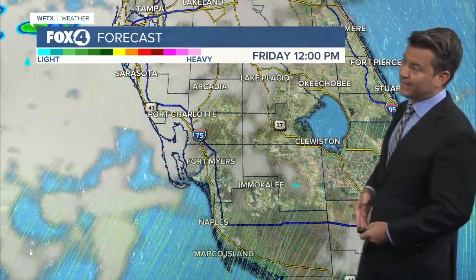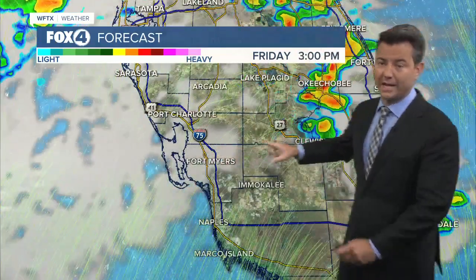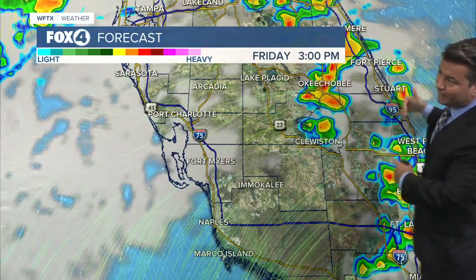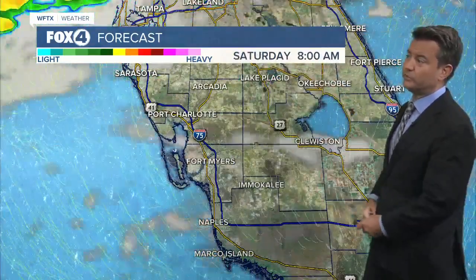Let's take you through each day and really walk you through the weekend forecast. I know a lot of us love to plan things here in beautiful Southwest Florida in late April. Today looks clear, a little more cloud cover though by lunchtime, and you can see those isolated showers and a few thunderstorms around the lake and really focused over towards I-95. As we go throughout the evening, we'll see our skies clear,